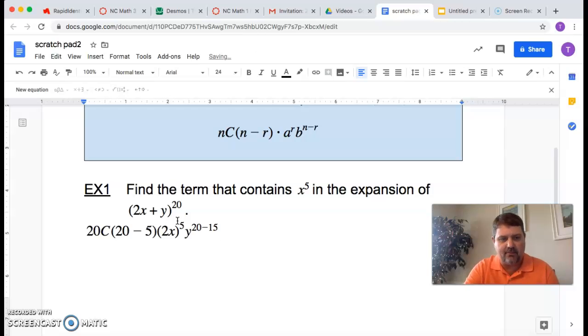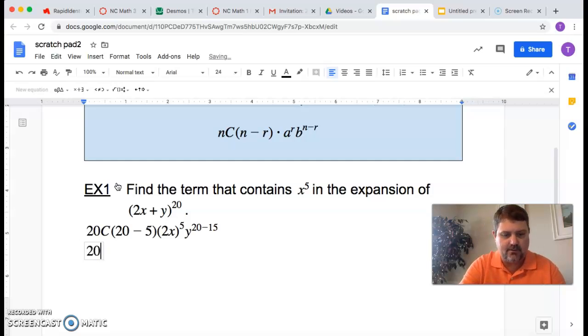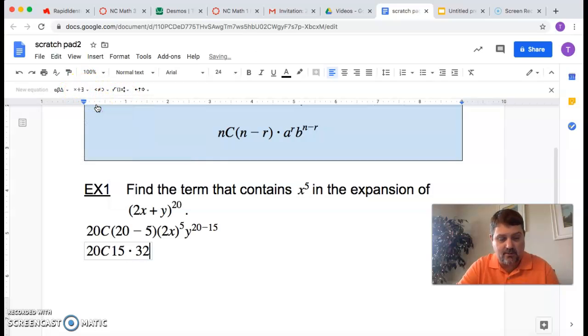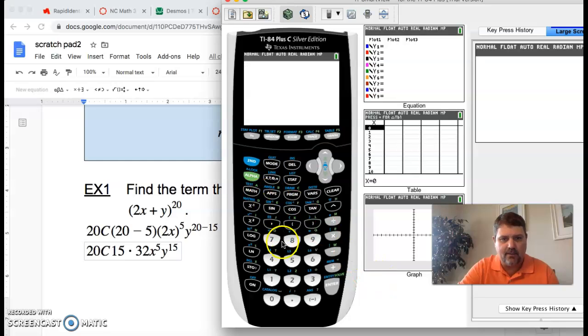When we simplify that a little bit, we know that this is 20 choose 15. We're smart enough to see that. This right here would become 2 to the 5th, x to the 5th. So I'm just going to put times 32, because 2 to the 5th is 32, x to the 5th, and now we've got y to the 15th. And for the final calculation, I just need to calculate these coefficients real quick, and I'll get out my little calculator for that. So I've got 20